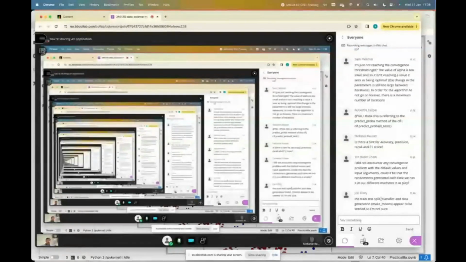So Yin and John, it's interesting that you didn't encounter the convergence problem with the default values. Are you running on Archer, Yin, or are you running on something else? No, I'm running it locally on my computer because I had some problem. Yeah, so I don't know whether it, so it looks like even though the values are seeded, like John